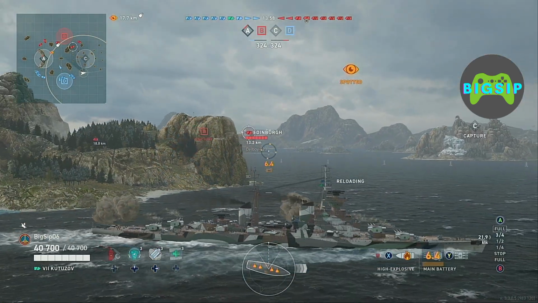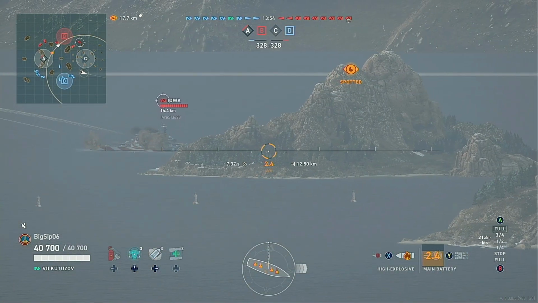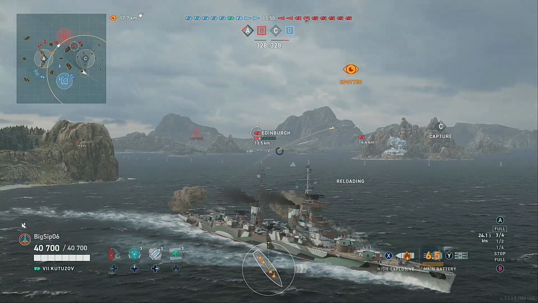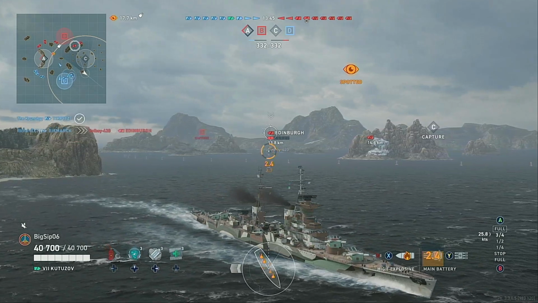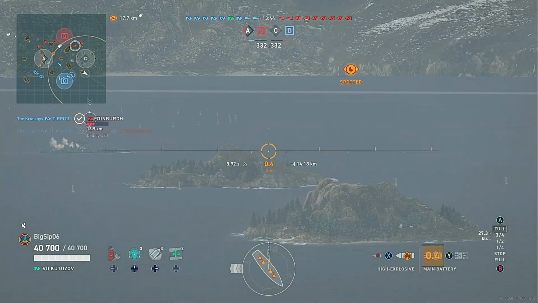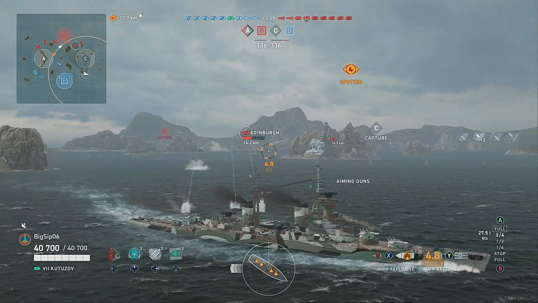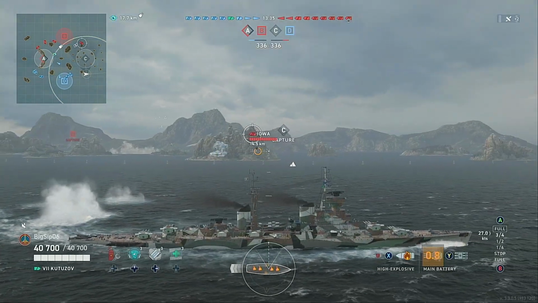Today we're going to be talking about map awareness and responding to the enemy team movements. In the background here we have a game of domination on Northern Waters. This is the 4-cap setup. This map also has a 3-cap setup. You can see here we got spawned down south of the sea cap, and we immediately started pushing in towards